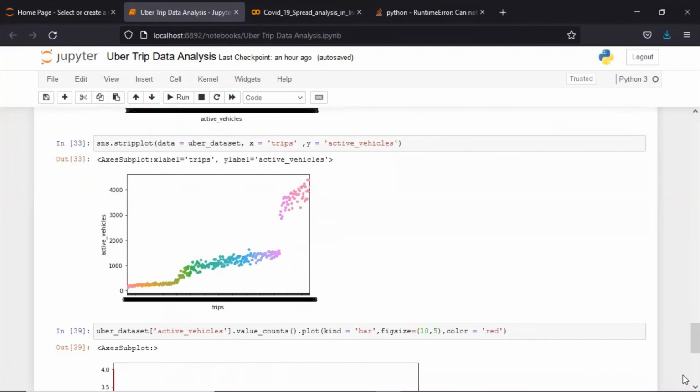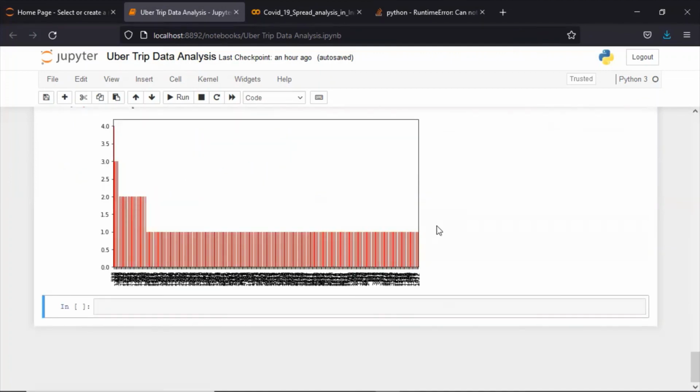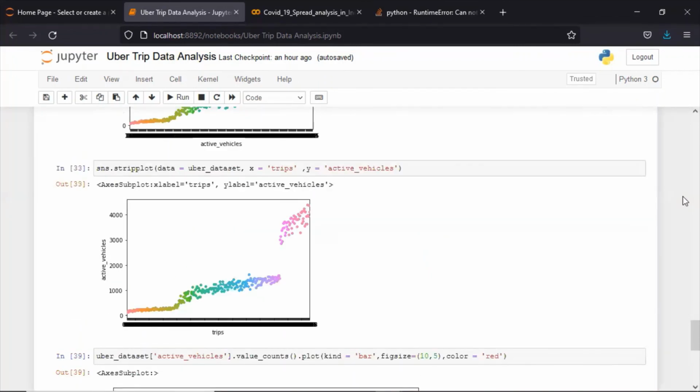Similarly, this bar graph is going to show me the unique values in the active vehicle column. So I hope it is clear to you how to do the data analysis on Uber trip data. I have taken this data set. You can select any one of the files in the open source directory that we share with you, so you can do the analysis from your side also. Now it's your turn to do the data analysis on the rest of the files in the directory that you will find in the LMS section.